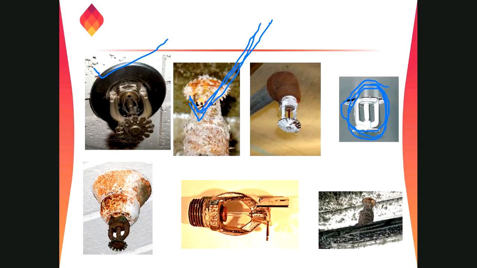Which one? The one on the top right? Yeah, top right. The one I am just scrolling. Yeah, the glass bulb is painted. They have painted, so if there is a fire, it is not going to break easily. It will break maybe two or three times later than the temperature rating, and by that time, fire will grow, right? So we have to be careful.